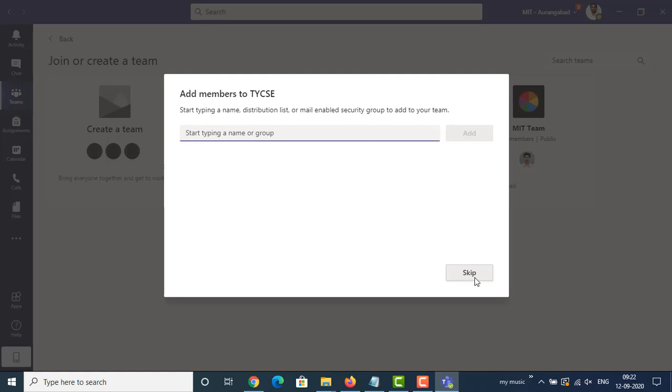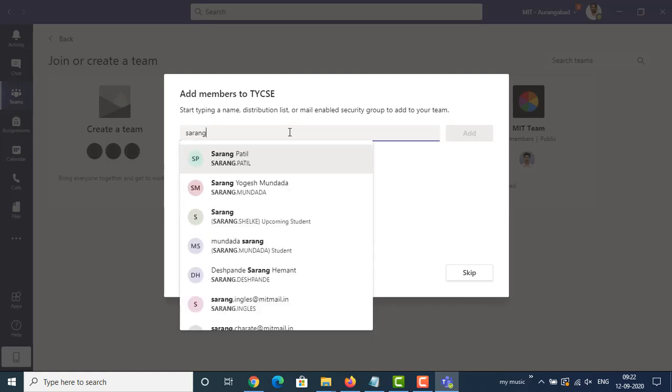Okay. So the team has been created, and now the system is asking to add members to this particular TYCSE team. To add members to this team, we can simply type the name of the student. For example, if I want to add a student to this team, I can type a name like Sarang. Okay.